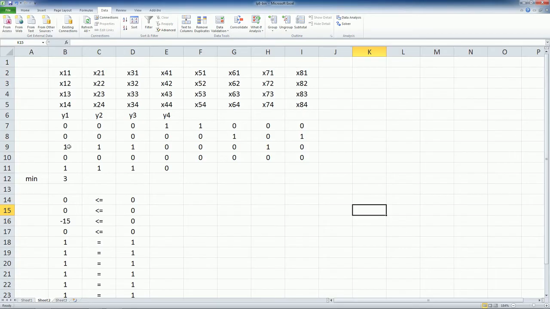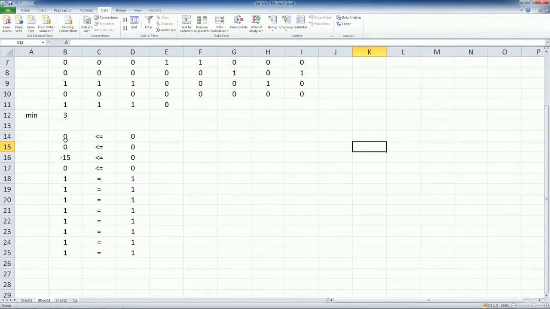The first item is going to the third bin, second item is going to the third bin, third item is going to the third bin, the fourth item is going to the first bin, fifth item is going to the first bin, sixth item is going to the second bin, seventh item is going to the third bin, and the eighth item is going to the second bin. So we are able to accommodate all the 8 items into 3 bins,